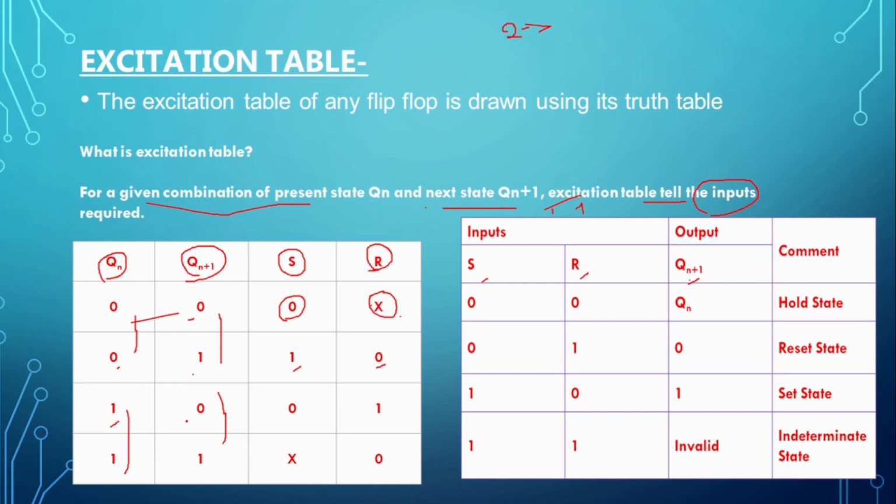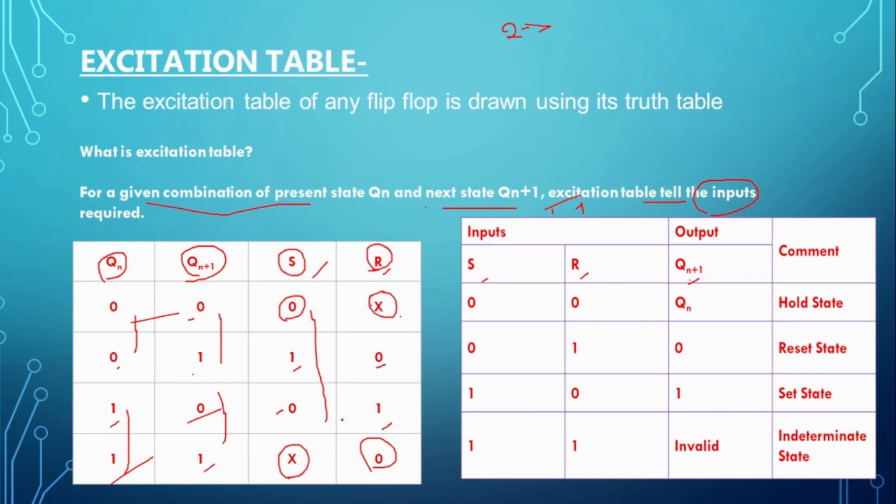Qn is 1 and Qn plus 1 is 0, so S is 0 and R is 1. Qn is 1, Qn plus 1 is 1, S is in the don't care form, and R is equal to 0. You will fill the S and R columns with the shortcut 0 1 0 for S. Afterwards, write the values in reverse order for R, 0 1 0 and X, right? You will write it in reverse order, means first it will be filled with X,